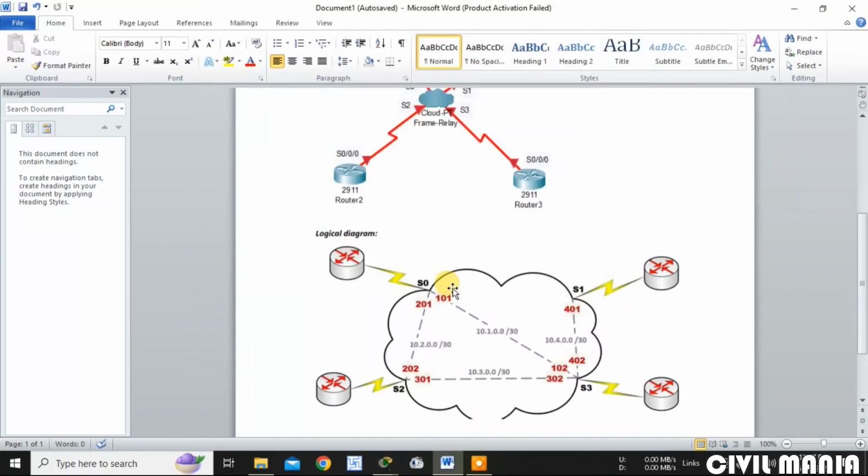As per the diagram I will write router 0 to router 3 and router 0 to router 2. I hope you can see that 101 is the one type of connection between router 0 and router 3, and 201 is the connection between router 0 and router 2.